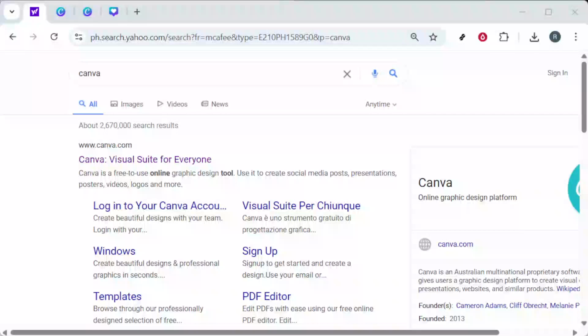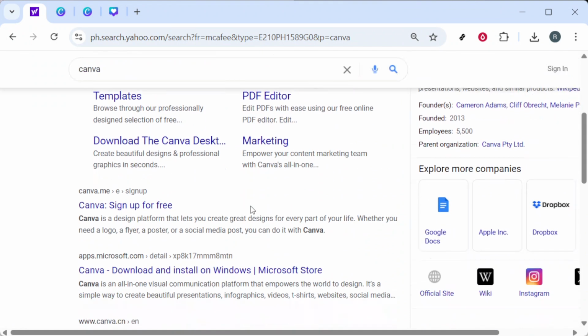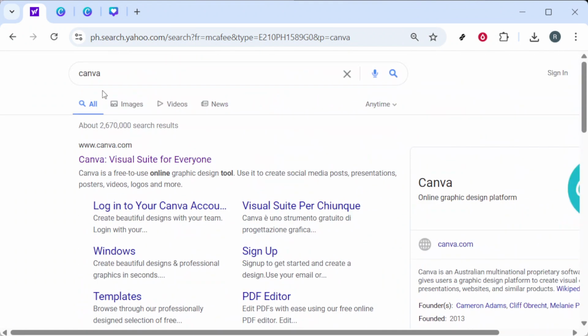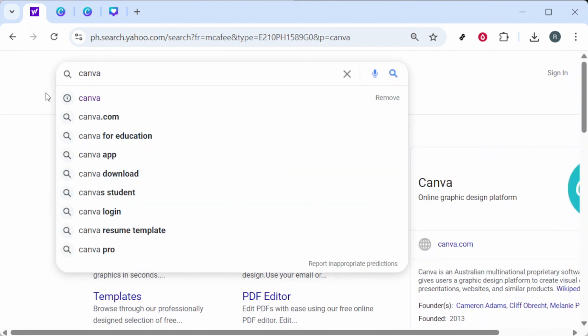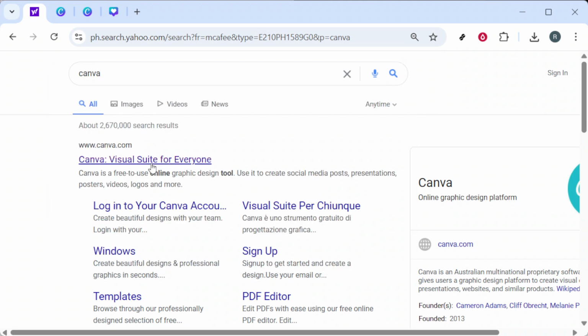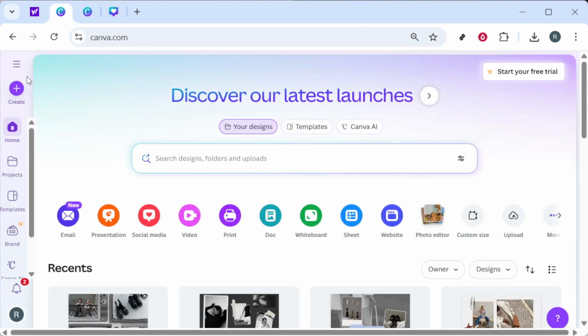In today's video, I'm going to teach you how to add images to a Canva template or design. Start by opening your web browser and searching for Canva, or go directly to canva.com. Once the site loads, sign in to your account so your designs and uploads sync properly across devices. If you're new, creating a free account takes only a moment, and it's important because uploads are saved to your